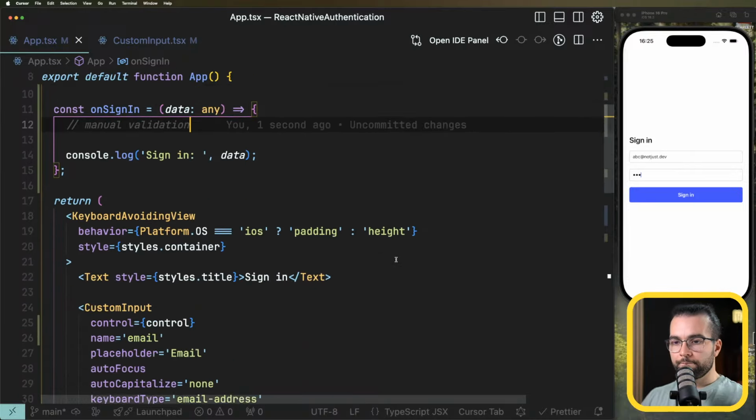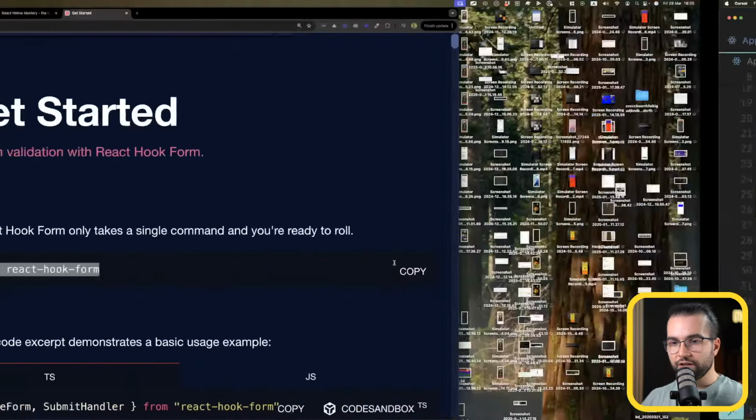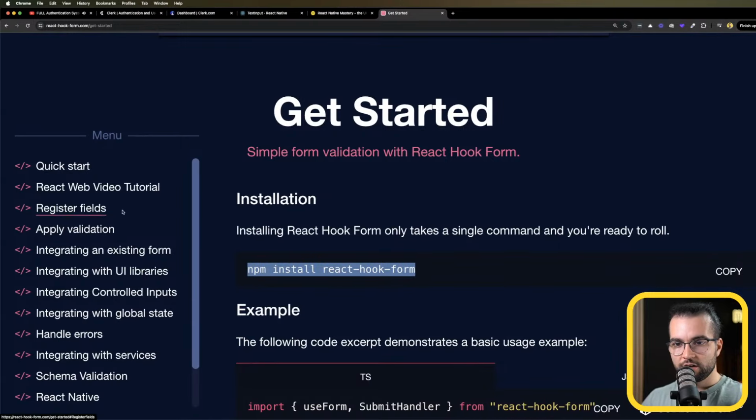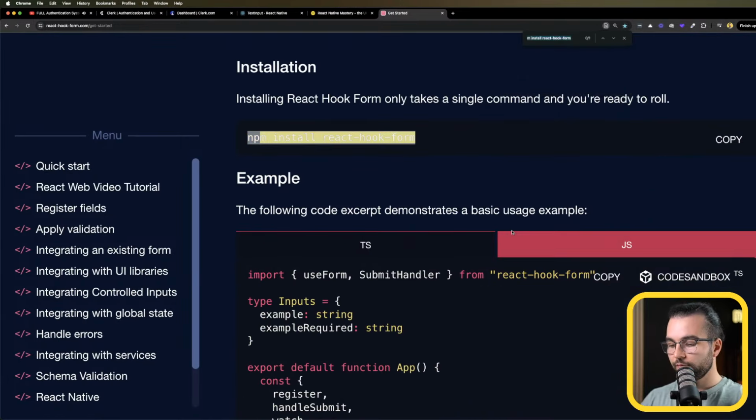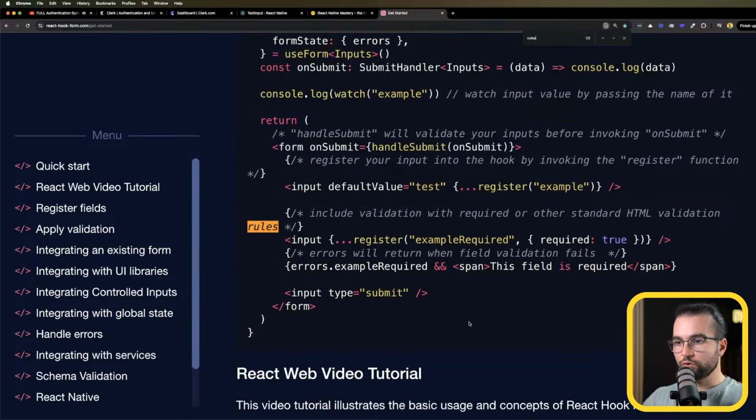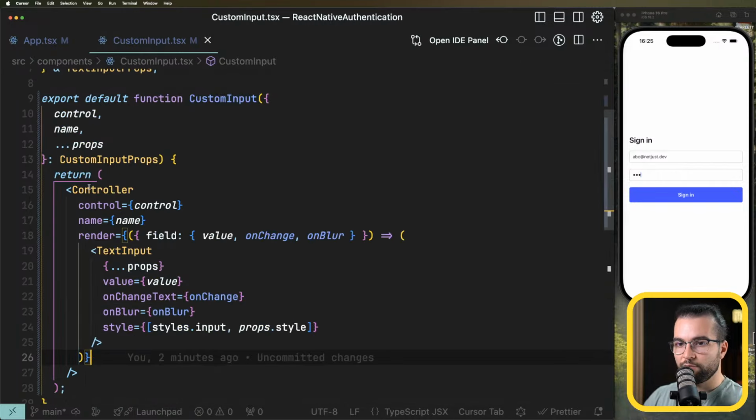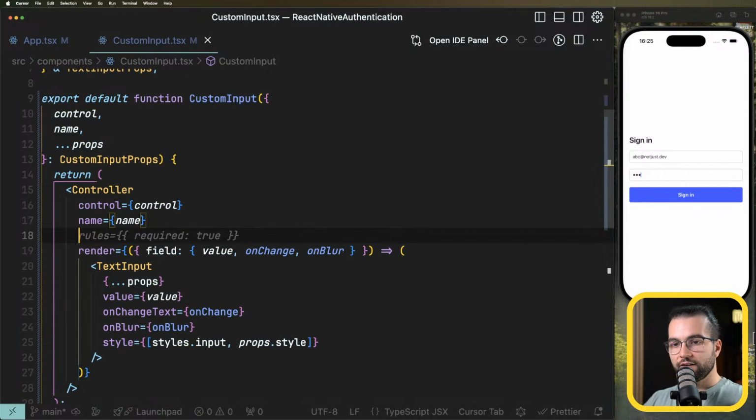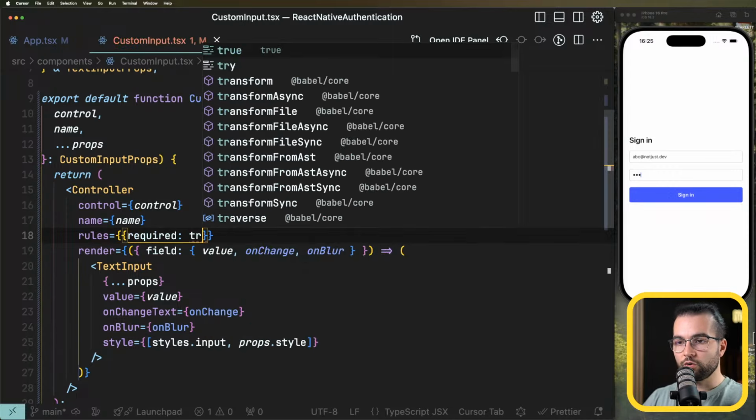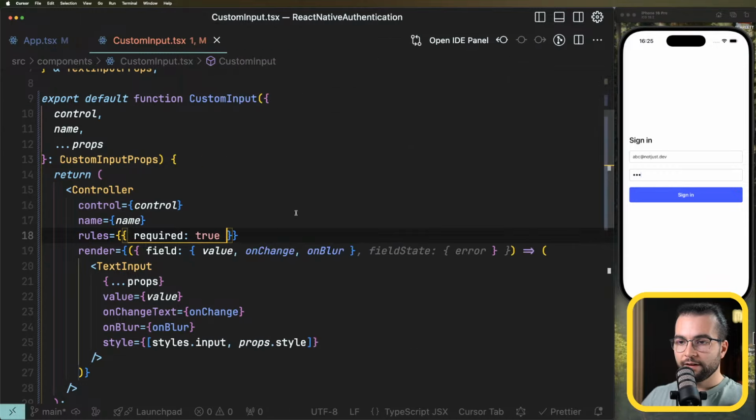But how do we manage the validation? Let me double check here the rules. I still want to do them step by step. Required. Input controller rules. Maybe if I go into the custom input on the controller, if I'm not mistaken, I can provide here rules such as required equal true. If I do that,